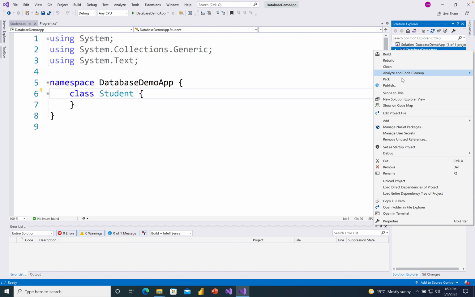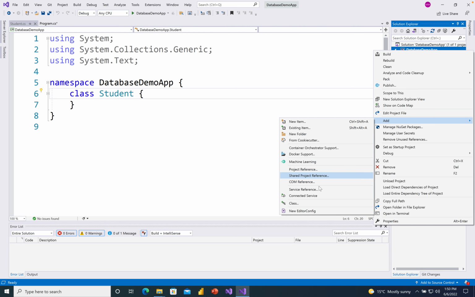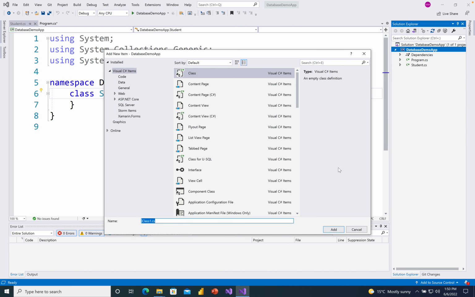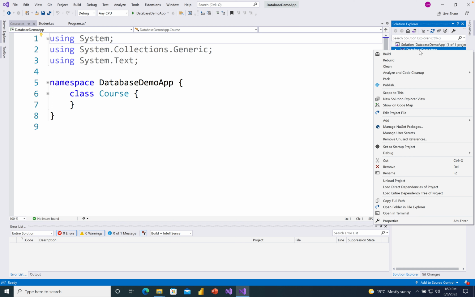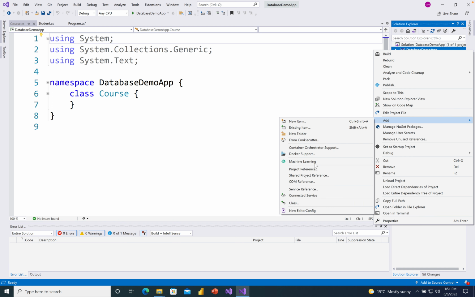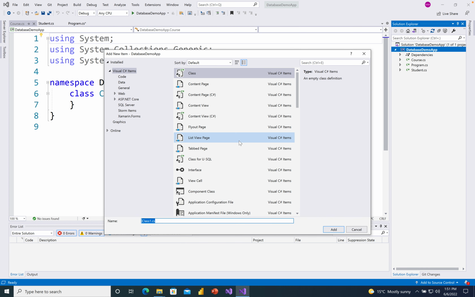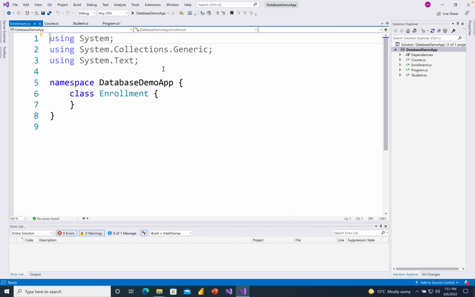We go back and then again add the course class, and then we also have the enrollment class. So we need to add another class, that is Enrollment. So we have created all those classes,